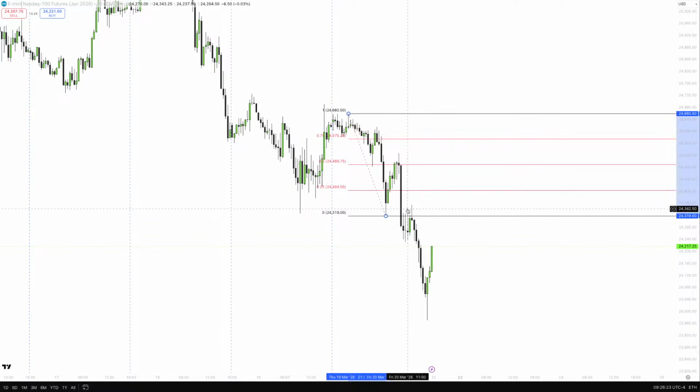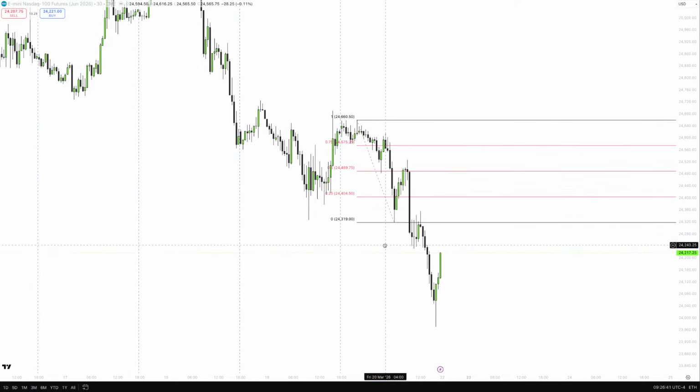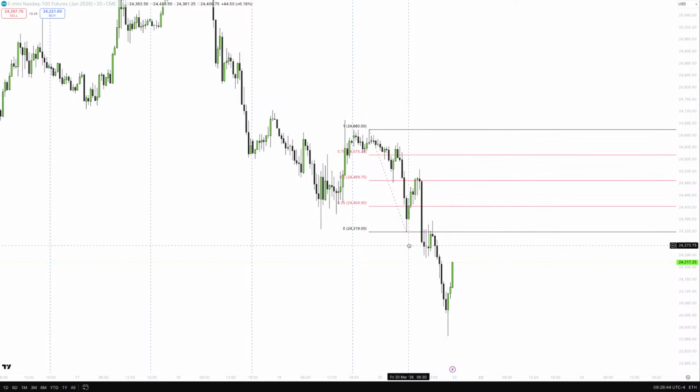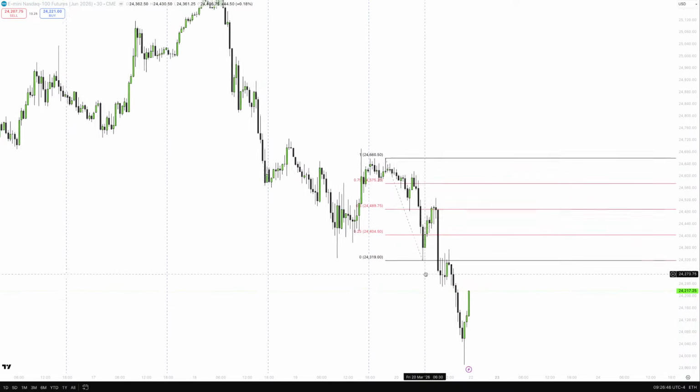But you see, as soon as we tapped into that area again, the range we formed before 9:30, this is where high probability setups could have formed for you to take shorts again. And also a signature for you is that if we